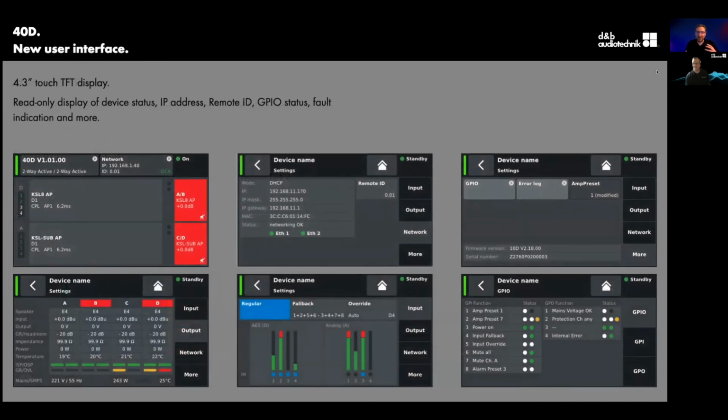We also, unlike our other install amplifiers, have a touchscreen built into this. And this is a read-only touchscreen. So you can't make any changes from this screen, but it allows you to get a very quick view of the status of the amplifier by just walking up to it, in case for some reason you hear a problem and you don't have R1 running at the particular time. And as you can see, we've updated the interface a little bit to accommodate that larger touchscreen, but also clean it up a little bit, give it a more modern feel.